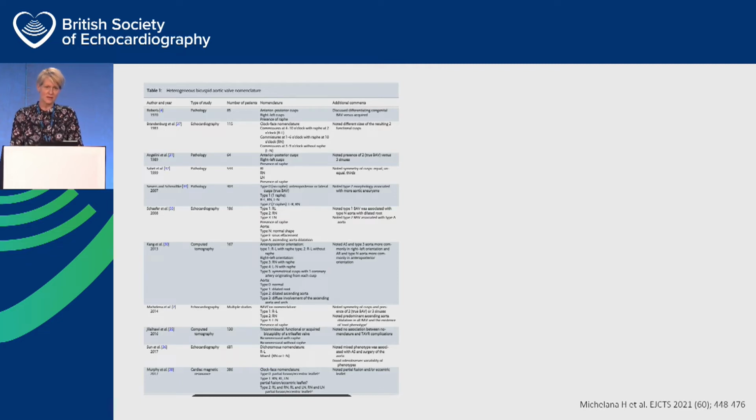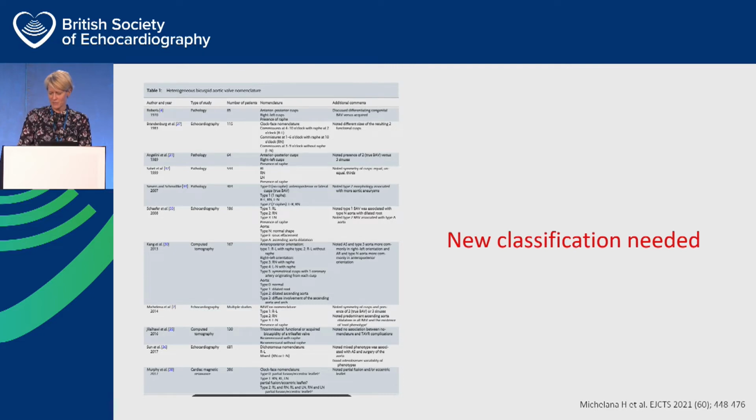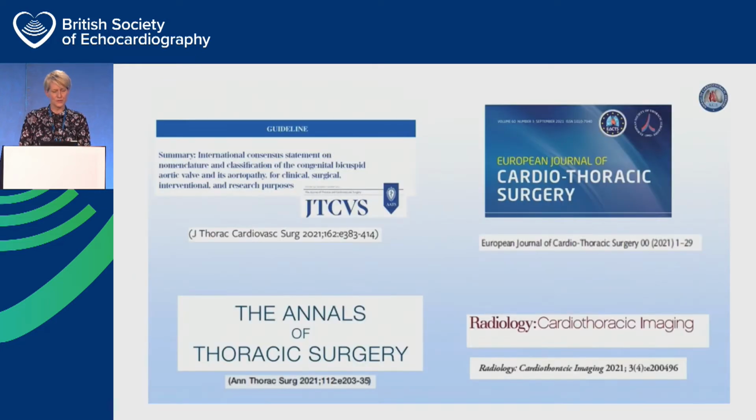Well, these are the guidelines telling us what it looks like. Thankfully, there's a new classification. There have been lots of previous classifications. I think you probably have heard of the Sievers classification, which is very surgical. A lot of them weren't really all-encompassing, and so it was felt that there was a new classification required. And last year, this was published in a number of different journals. I just wanted to tell you a bit about it because it is very important. The group of people that did it were world experts on cardiology, echocardiography, surgery, genetics, embryology, everybody. And so there was input from everyone, really, and so we need to do what they say,